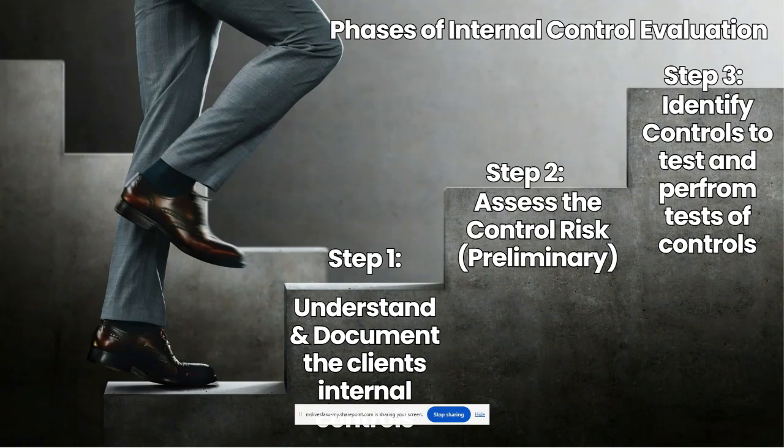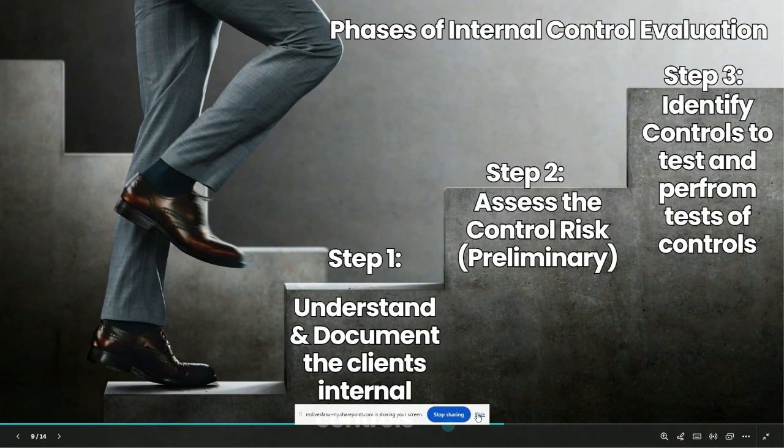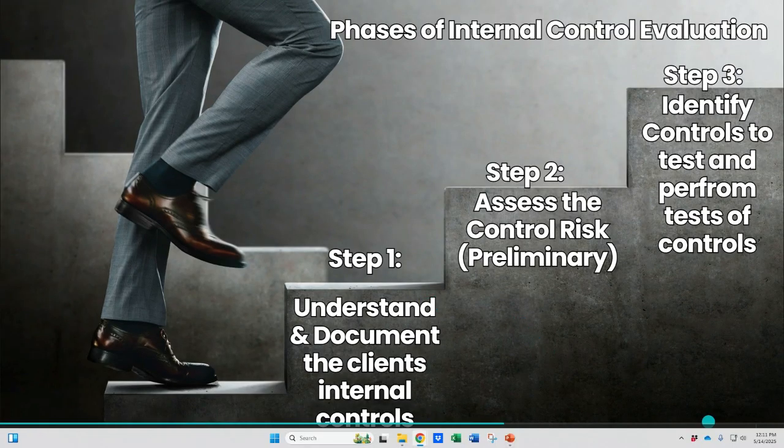In Chapter 4, we talked about how we assess risk, really focusing on inherent risk. In Chapter 5, we want to talk about assessing risk, but in this case, we're talking about assessing our control risk. So this video is going to go through the three-step process that is given to us on how we can assess control risk. So the first step is that we have to understand and document the internal controls of